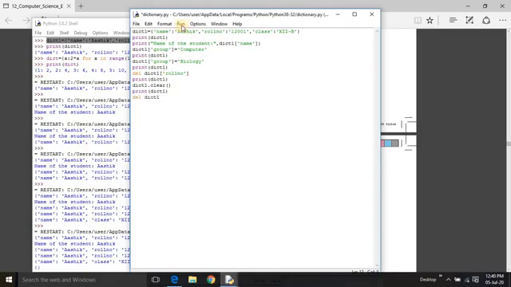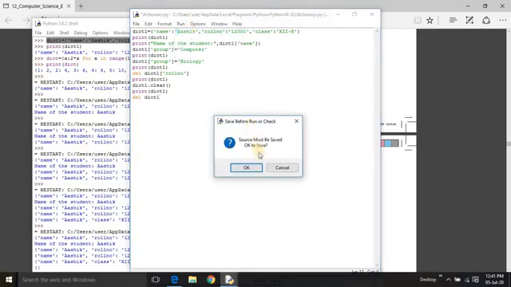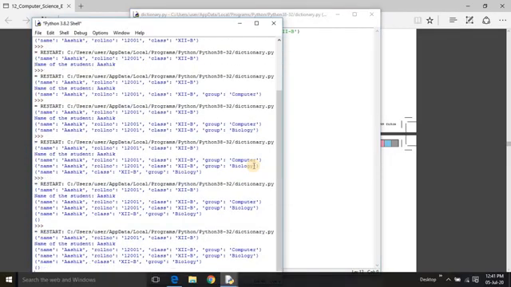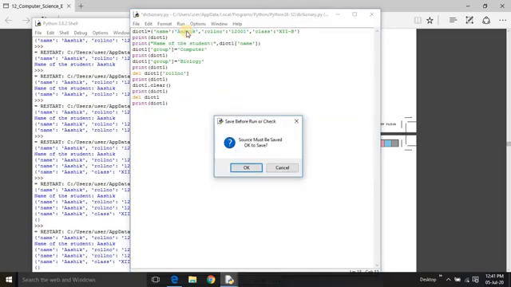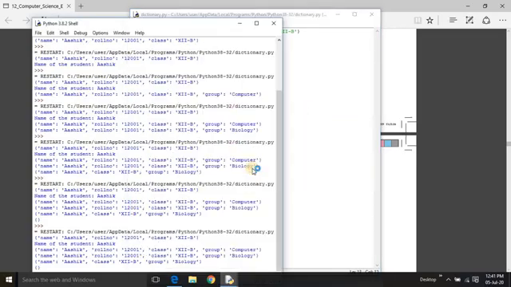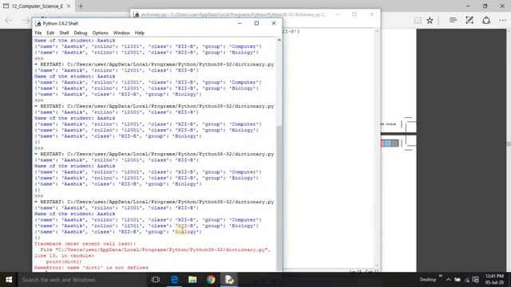So after doing everything, it is showing an error because the dictionary itself got deleted.